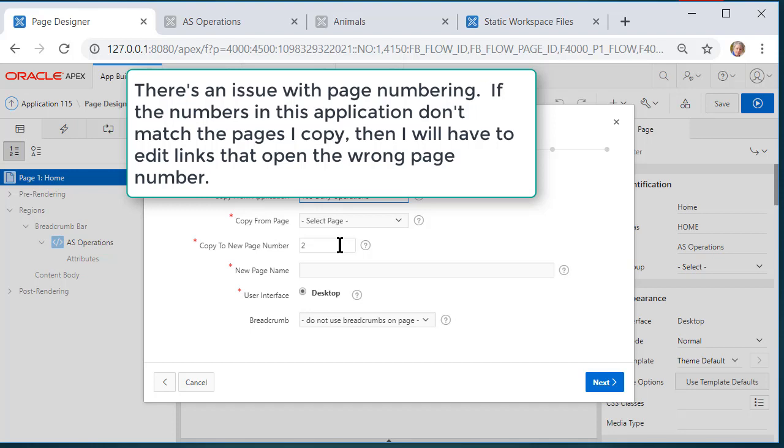now that I see this, I want to go back and see what some of my page numbers are. I have two options. I can track the page numbers used in the previous application and use them here, duplicate them, or I will have to do edits when I make the copies because a report edit link is going to try to open the wrong page number. So I'm going to cancel this,